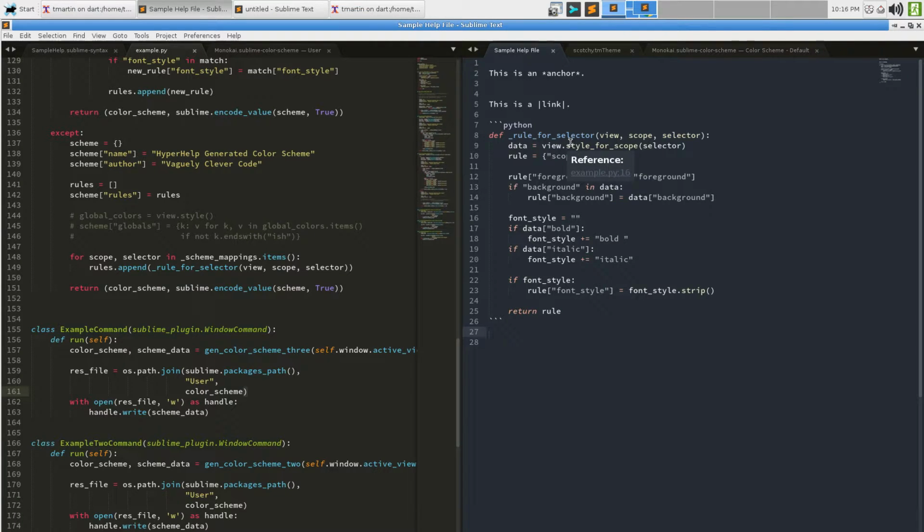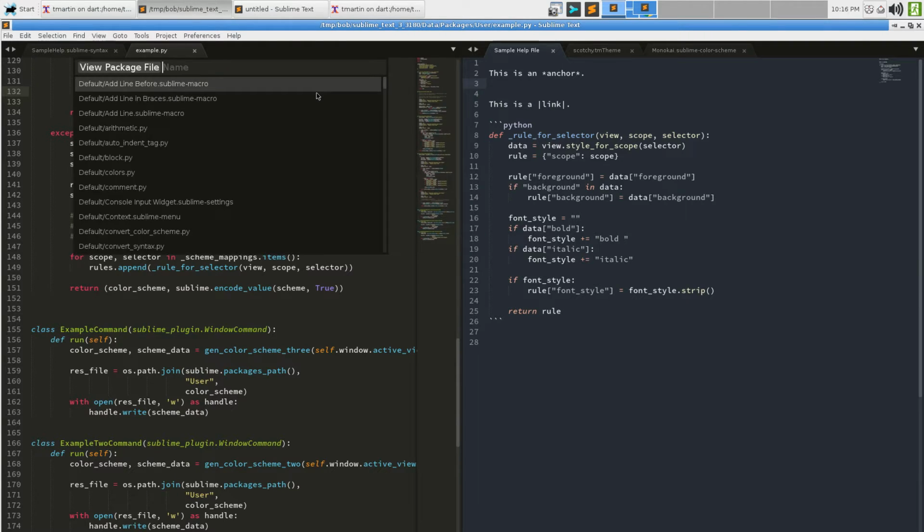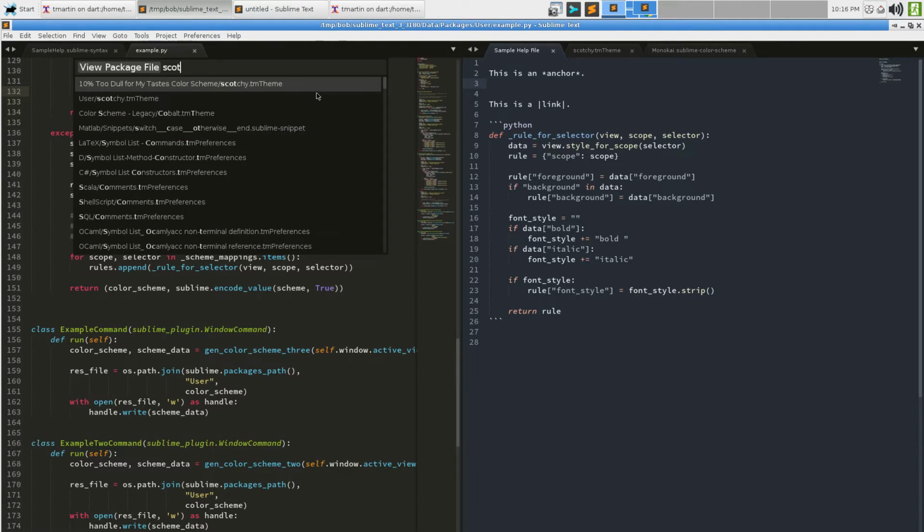Now, I don't know what the storage scope looks like, but this is the string, this color that I don't even know if you can see that this has a slightly different color, but it does. And that's going to be the quoted string that the anchor color becomes. So I'm going to push the key and see what happens. Well, I didn't see an error, but in order to see what happened, we need to VPF Scotchy.